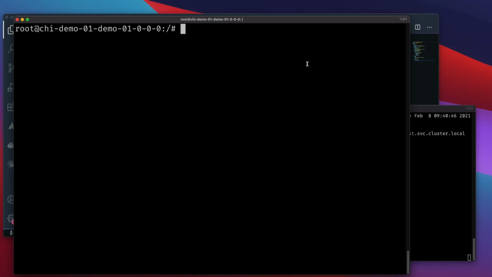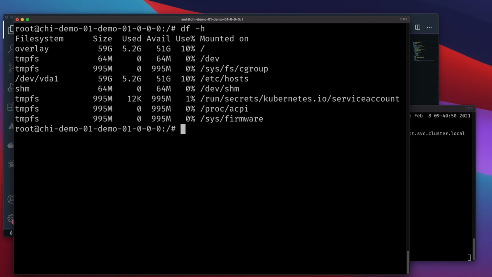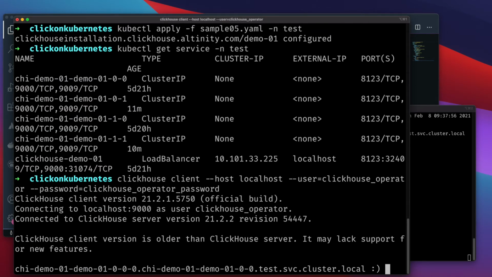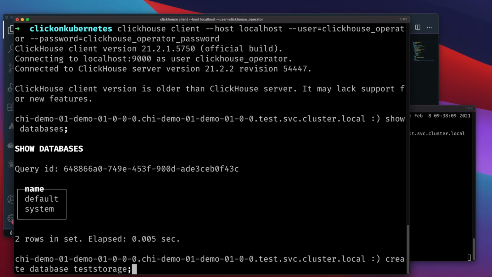When we run the command df -h, we see the storage allocated. Ignore the overlay. What you really are looking for here is that we can see 995 megabytes have been allocated. Great. Let's connect to our cluster through the ClickHouse client, set up a database called teststorage, and a table in it called teststorage.test. Create database teststorage.